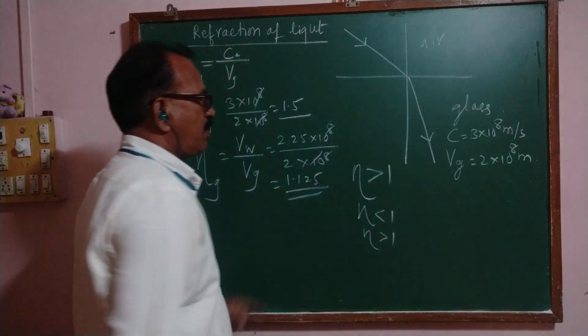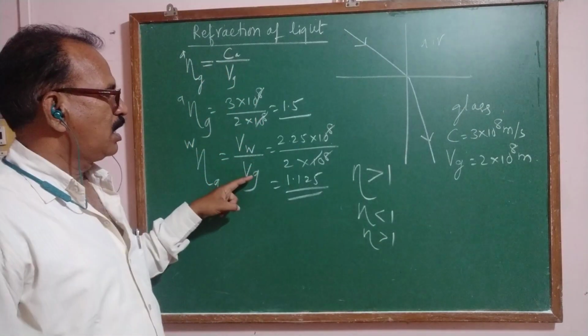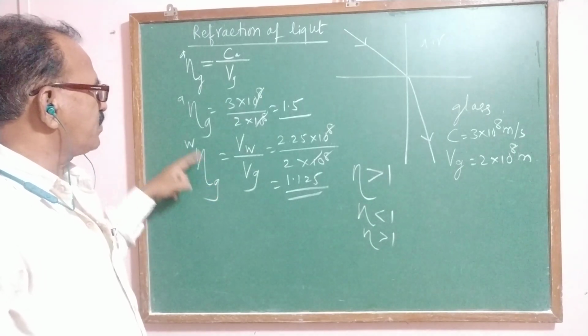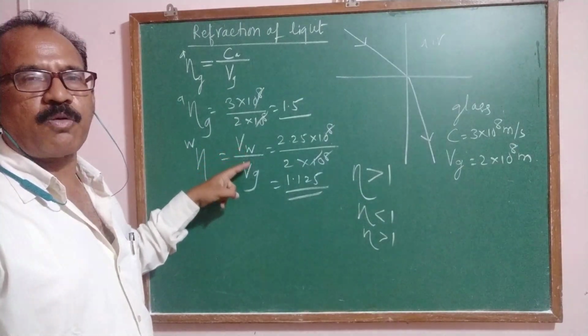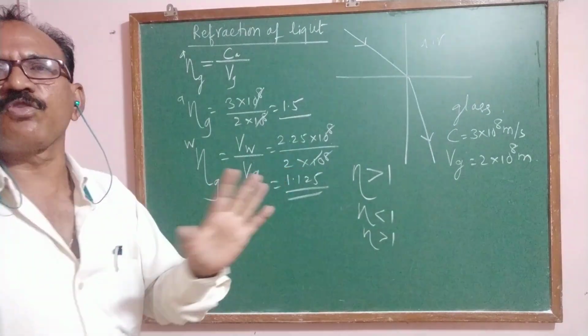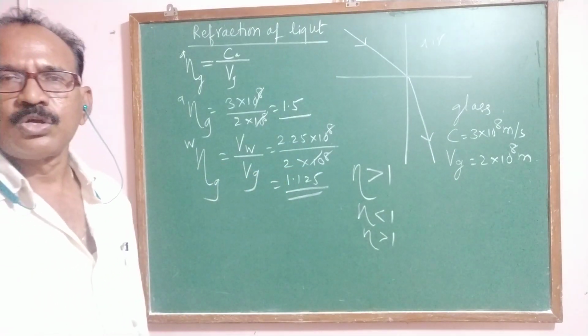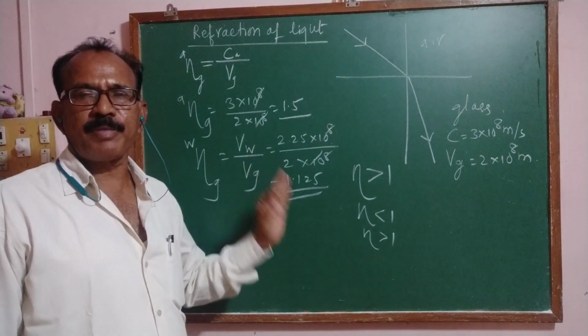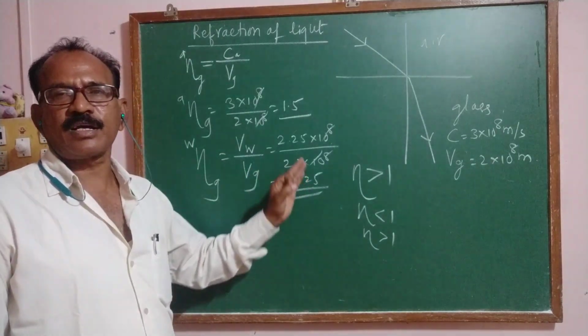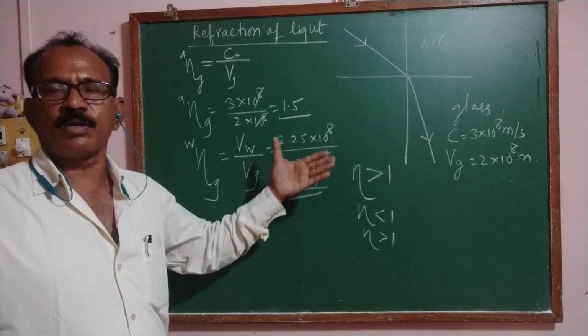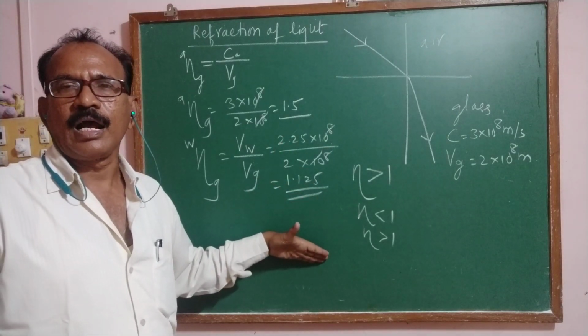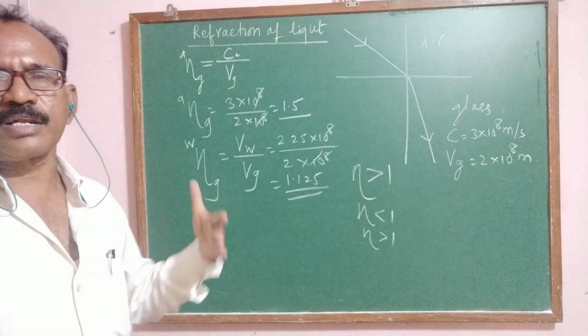For example, if the refractive index of water with respect to glass is Vg upon Vw, at that time that value will be less than 1. So it depends on how you are comparing one medium with the other medium. Medium one may be denser, medium two may be rarer. At that time, the refractive index will be